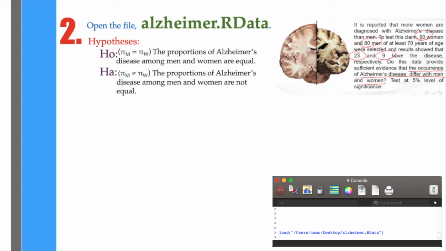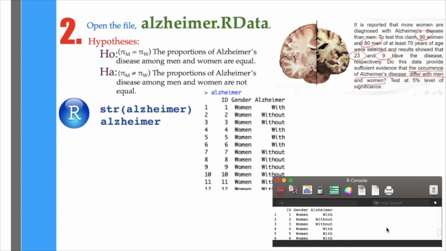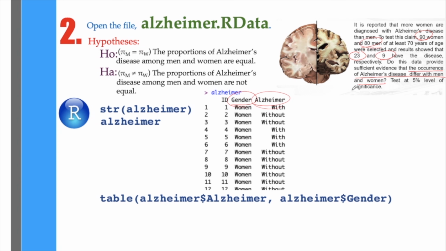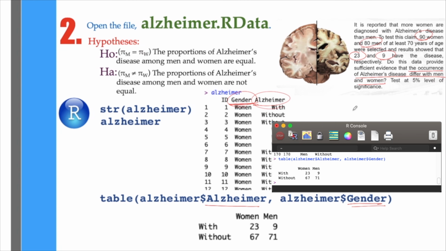Now, for R, you may open the file alzheimer.rdata, and you may see its structure by typing str, then Alzheimer, or you may take a quick look at the file by typing Alzheimer. And you'll notice that there are two essential columns here, gender and Alzheimer, from which you may create a table by typing table, then Alzheimer$Alzheimer with capital A, comma, and then Alzheimer$gender. And you're going to see this result, which indicates that 23 out of 90 and 9 out of 80